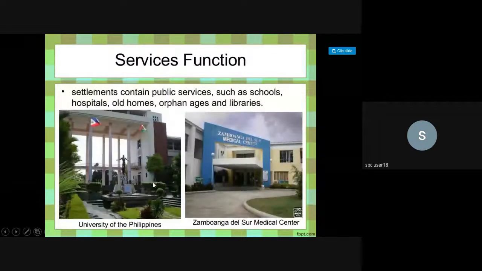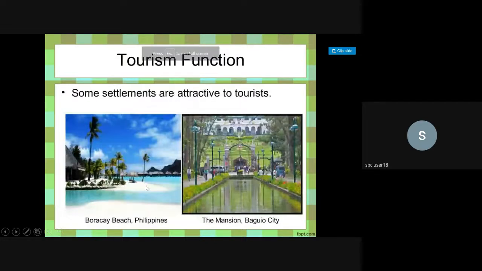thing. Then you have service functions, public services like schools, hospitals, old age homes and orphanages. And of course, once again in India you do not have these services exclusive, but you have them dispersed. The other day we were speaking about Kota in Rajasthan. That's an exclusive academic function in a town. Otherwise, you'll see that all larger towns also are known for academic purposes. Pune, Mumbai, Delhi, Kolkata, Chennai, Bengaluru, Hyderabad.